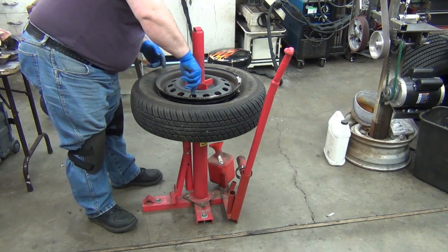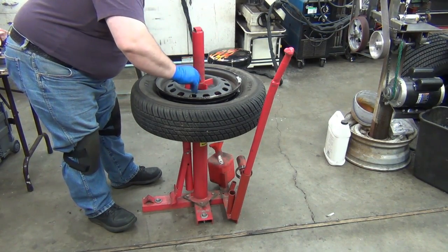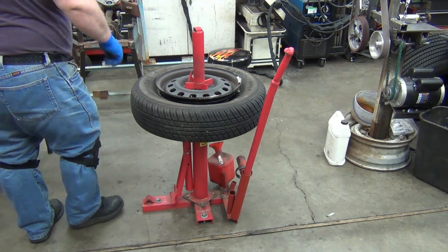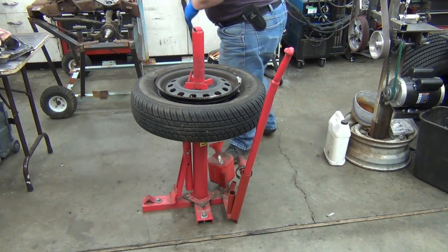we'll try it this time with the valve stem in it. The other thing you want to do too is get rid of the wheel weights. I'm not driving this in the car anymore, so I really don't care. So